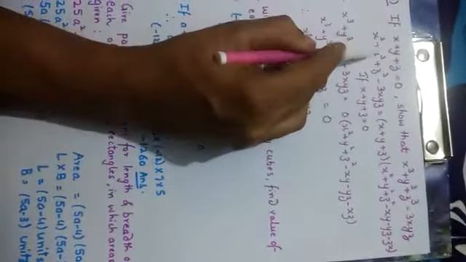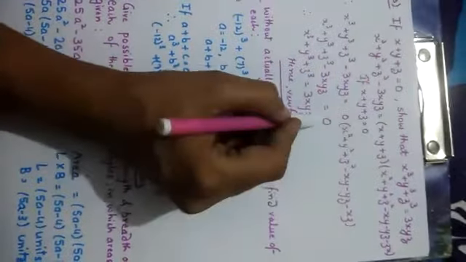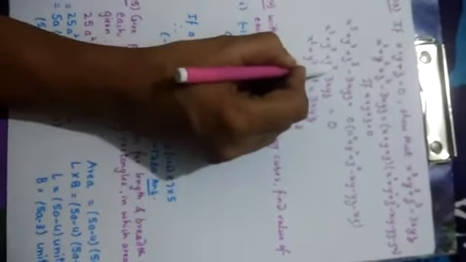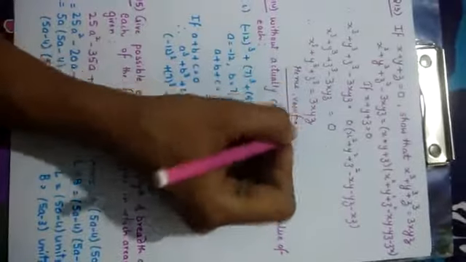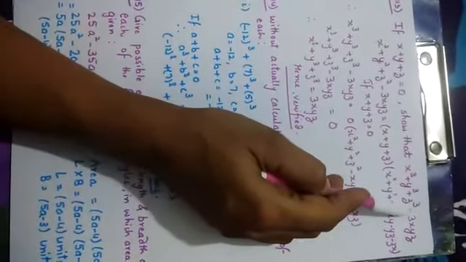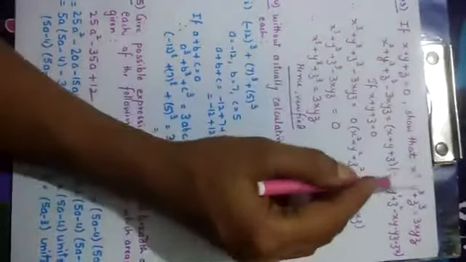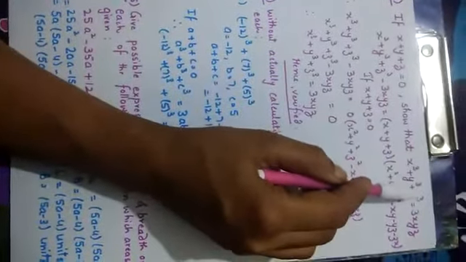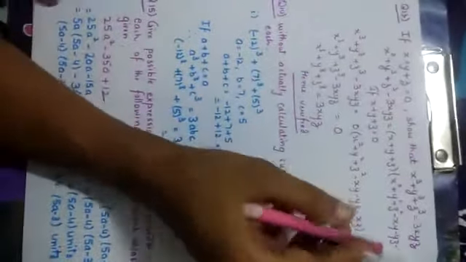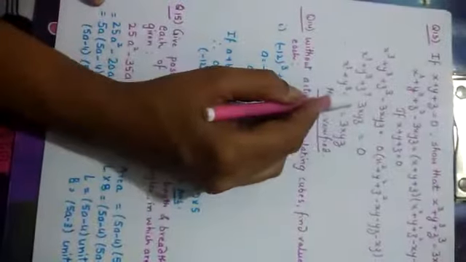Then this x cube plus y cube plus z cube minus 3xyz will become 0. And this minus 3xyz, if I shift it to that side, it will become plus 3xyz. And this we have to prove. Question was, if x plus y plus z is 0, prove that x cube plus y cube plus z cube is equal to 3xyz. That is proved over here, because this part was 0 and this minus will become plus that side.